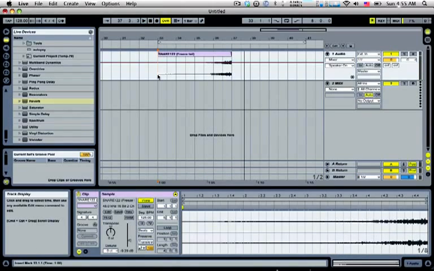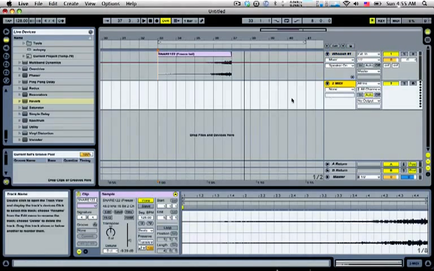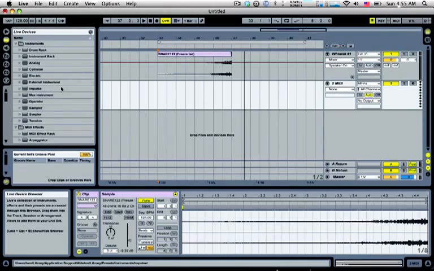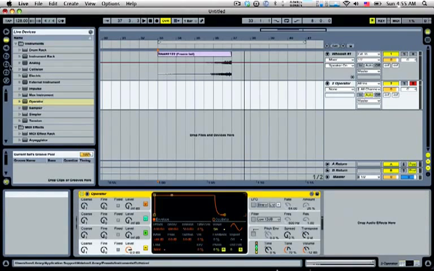Just like that. So that's the first one. I'm going to call that whoosh number 1. Very good. Now the second one, we're going to use a synthesizer. This is going to be a bit different, and I'm going to use an operator as usual, which is